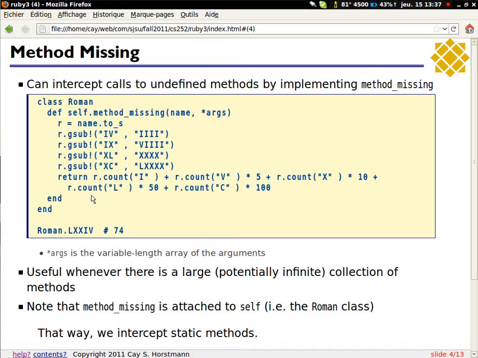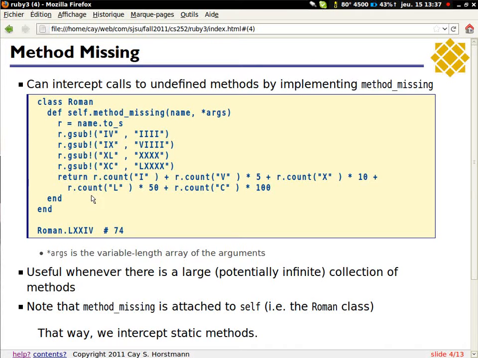What's remarkable is that I've never defined that method, LXXIV. In fact, this object has no defined methods at all. But when it gets into the method_missing trap, it interprets and crunches down what these Roman numerals are. I copied this code. I have no idea why it is that way. It's just Roman numerals, so it'll work with any Roman numerals that work with this particular scheme. If you were to call Roman.foo, then what would happen?